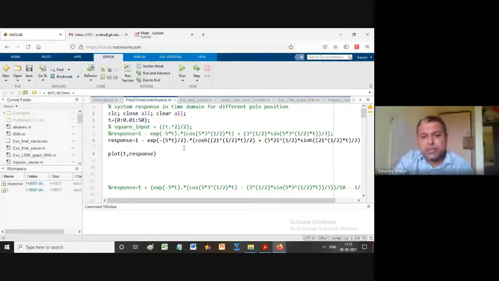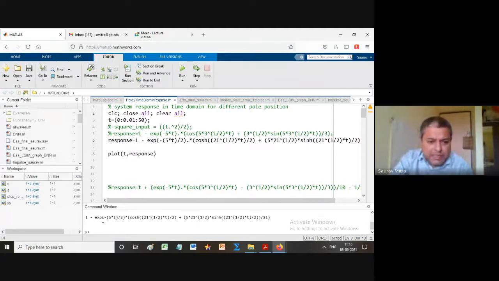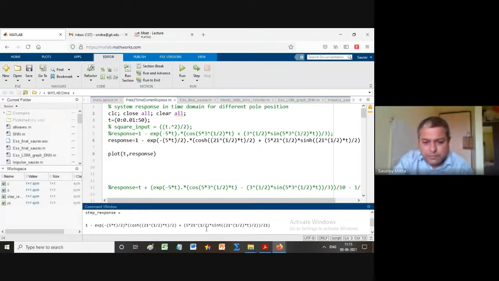So what all things you have to do here is wherever you are finding, so very big caution you find here, this is cos t and this is also time. So whenever two time things are multiplied, you have to put a dot here in between. Here also you are finding there is one time axis and there is another, so between that I have to put a dot. So whenever one time and another time they are getting multiplied, it has to be point by point multiplication. So here there will come one dot and you have to plot the response.